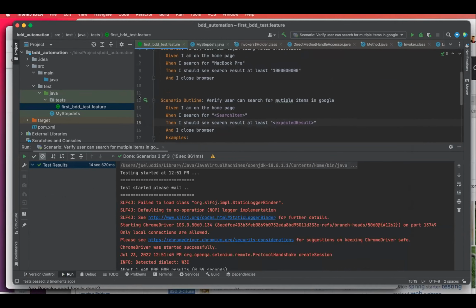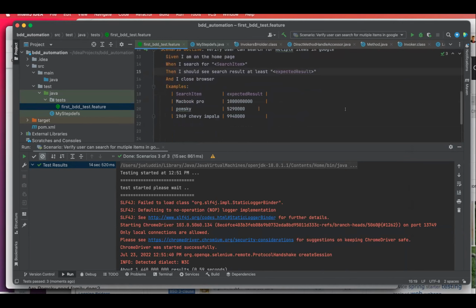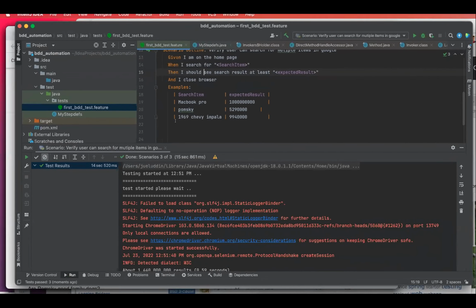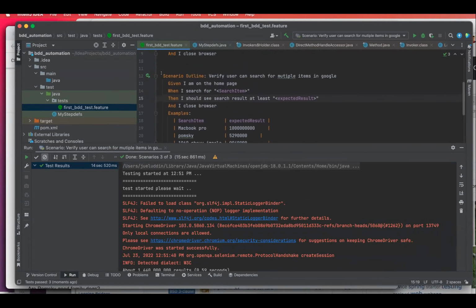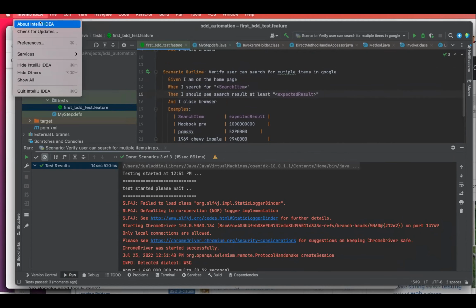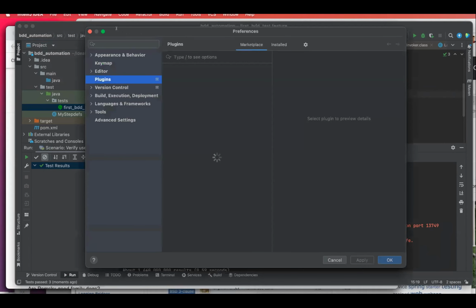All right, so notice it's no longer red. So this is a good indication. Again, unlike Eclipse, this IntelliJ gives you a lot of help even in the free version. But if you use the Ultimate version, you'll probably get a lot more than just this. But this is great. There is another plugin that you can actually add. So some of you guys, it's really up to you. And if you add this